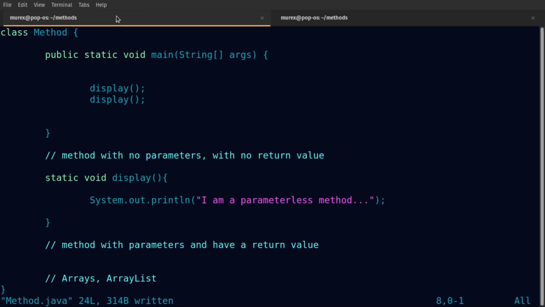So if that's the case, that's where we get to the part of having parameters, right? Depending on the data type that you want to use as the input, right? You're going to use that in your function, right? For instance,